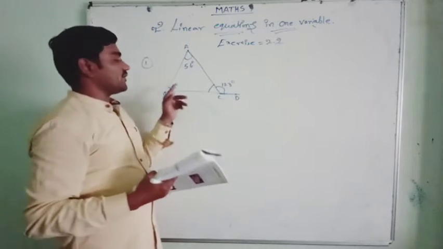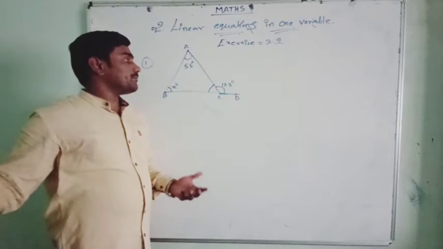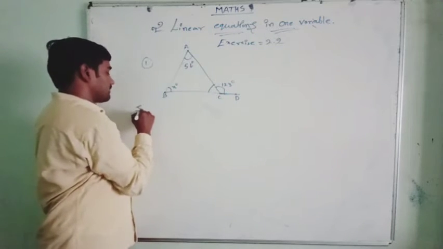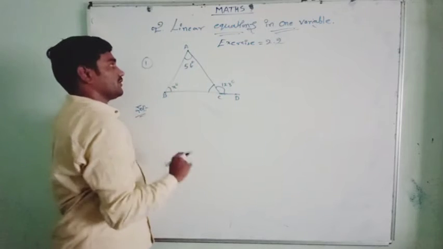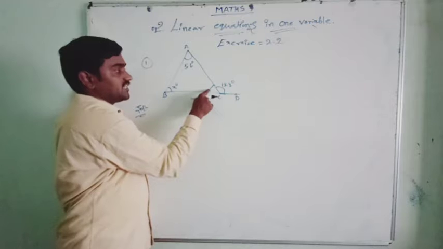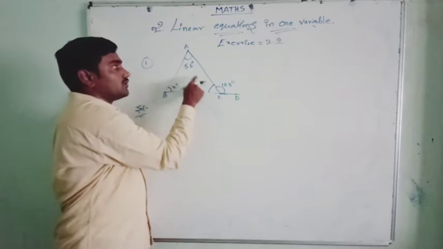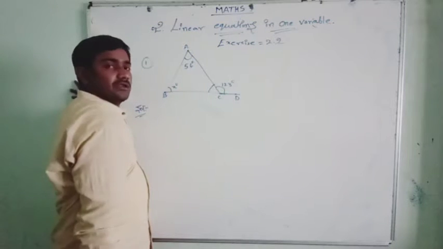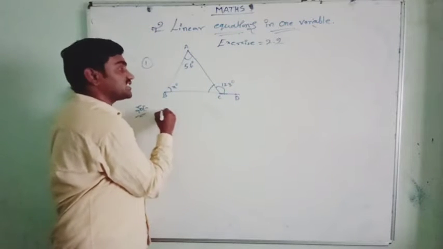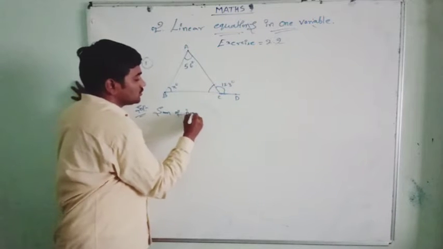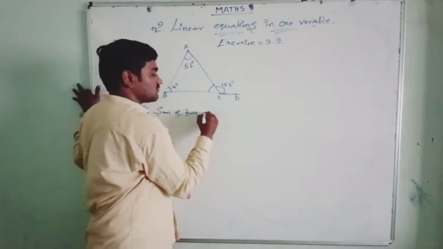That means we need to find out this x value. Simple. See that in this triangle, what have they given? Two interior angles are given. There are three interior angles, but this third one they did not give. Only two interior angles are given and one exterior angle is given. But we know that the sum of two opposite interior angles is equal to